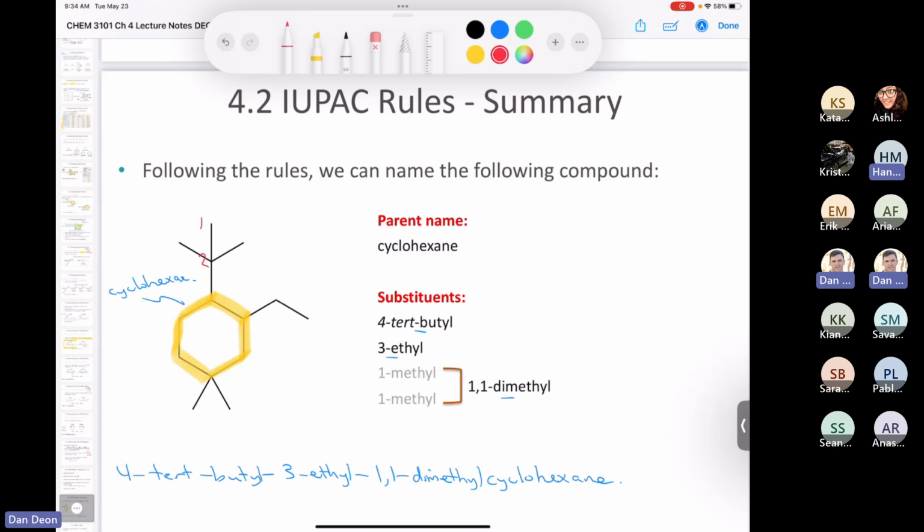So you mean like 1, 2, 3, 4? No, because then you'd have to come around, and so a ring is an island unto its own. So you have to go 1, 2, 3, 4, 5, 6, like that. A ring is a ring unto itself. It must be the parent. You can never go off a ring or on a ring. Okay, thank you. Yep, no problem at all.